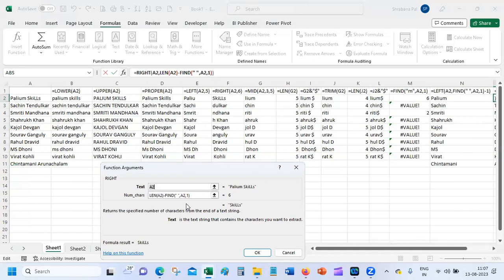There will be length first, len, bracket, minus find, there will be like